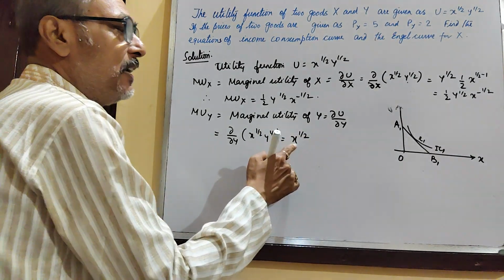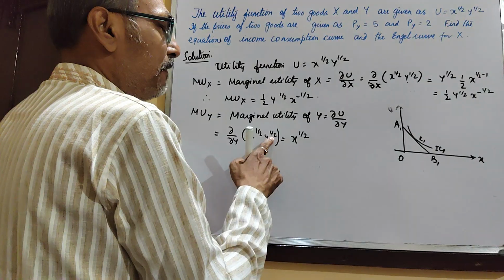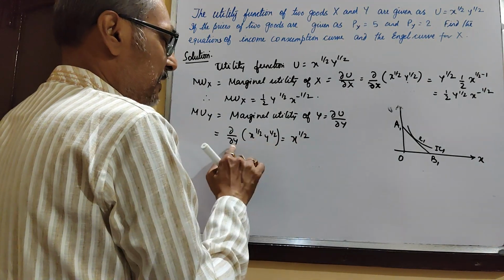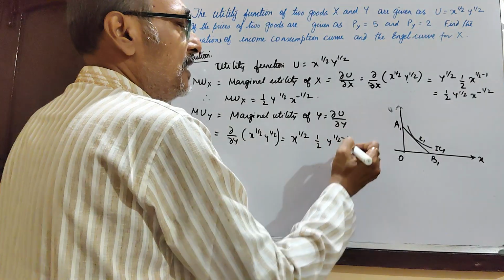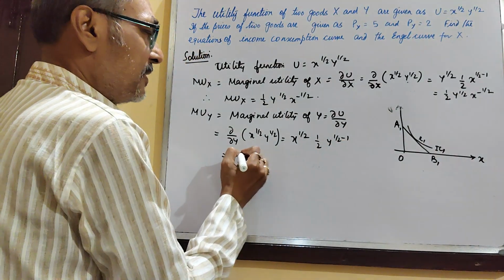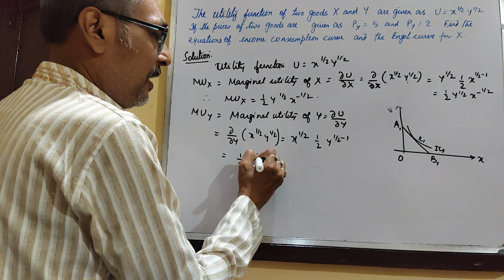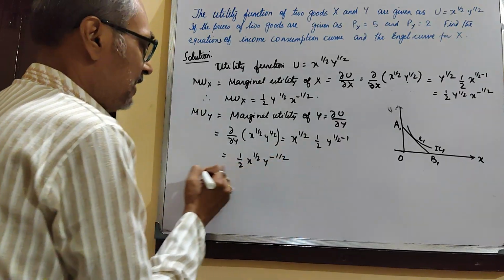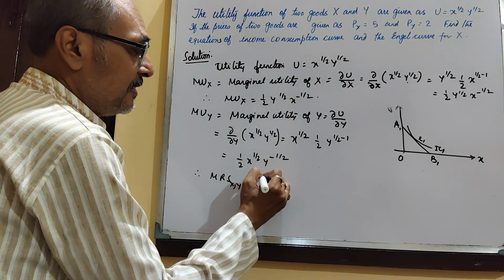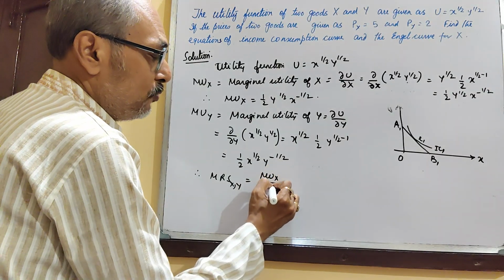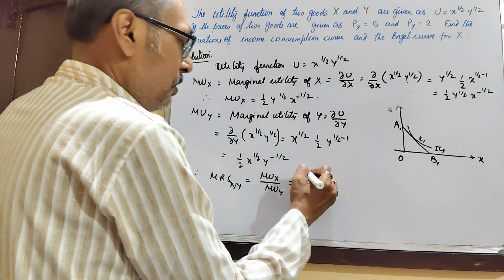X is constant, we keep first the constant term. Then we differentiate y to the power half with respect to y. Half comes here, then y to the power half minus 1. This is basically half x to the power half, y to the power minus half. Therefore, MRS xy is mu x by mu y equals to half